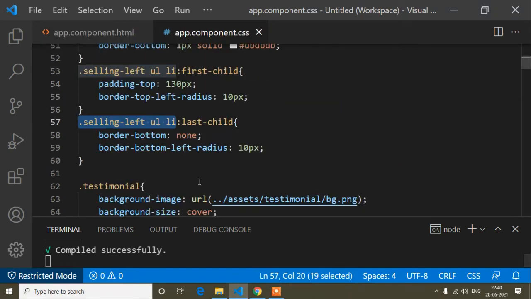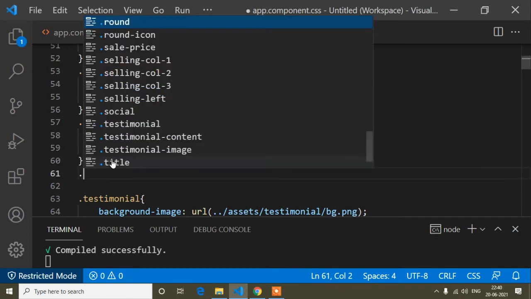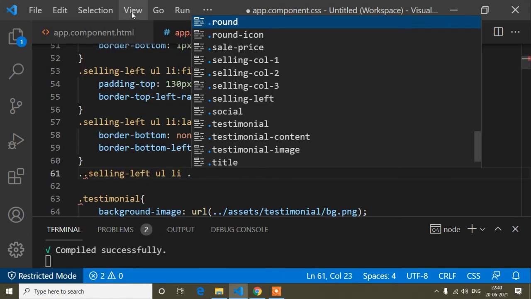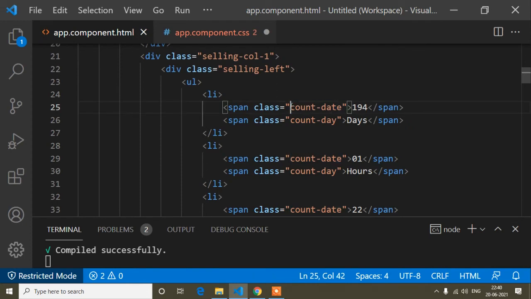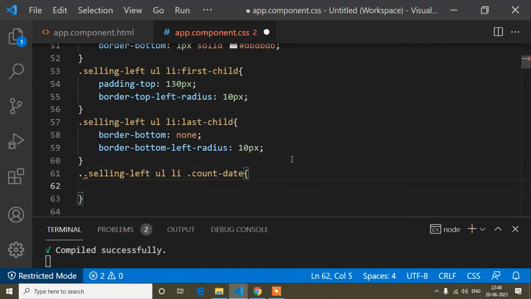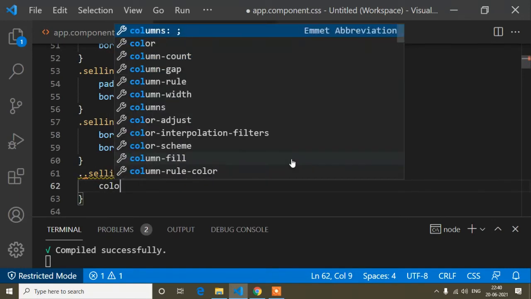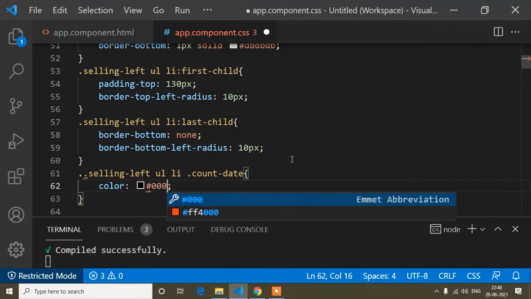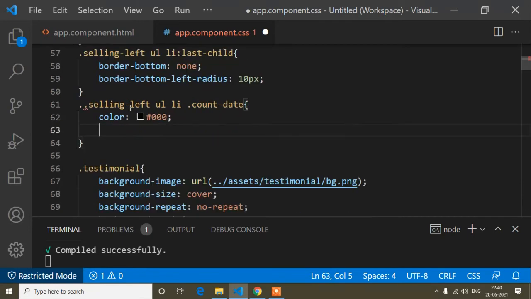So I will copy up to this one and just paste, and dot here I will copy this count date and paste. And now first of all I will add the color. So color is black, and now the font size.